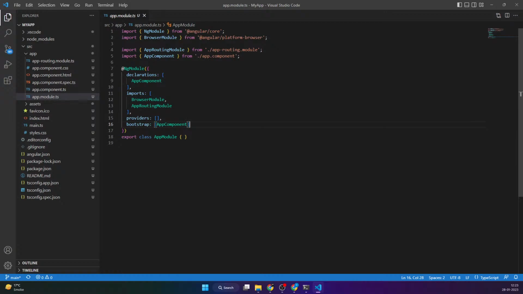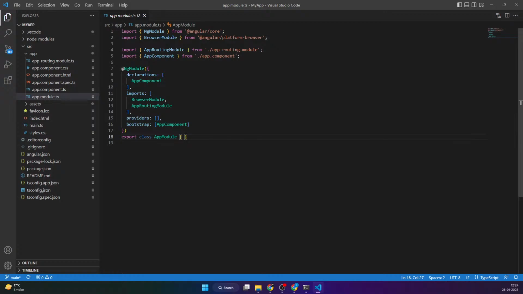And which hosts all other application views, only the root ng module should set the bootstrap property. So it means we have a main app root, and this component will host all other views. All other views means in the application you want to use different kinds of components, then you can use them here. Okay,